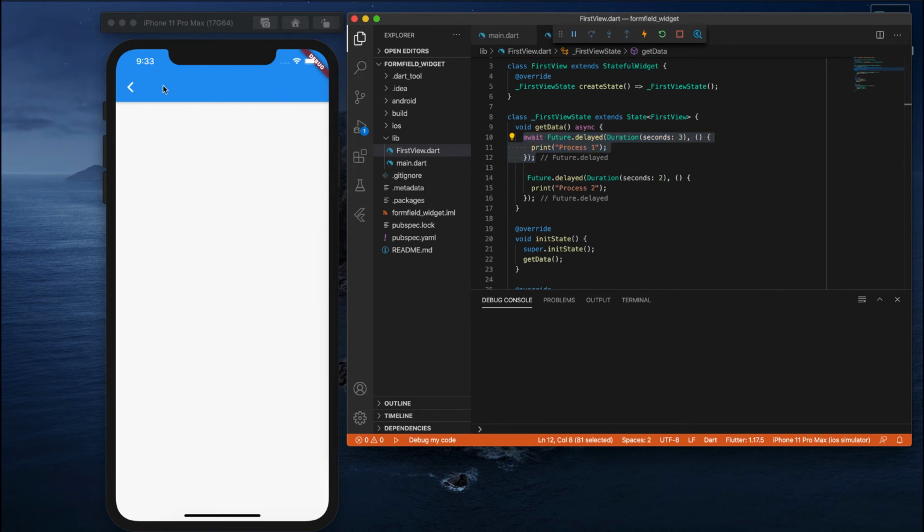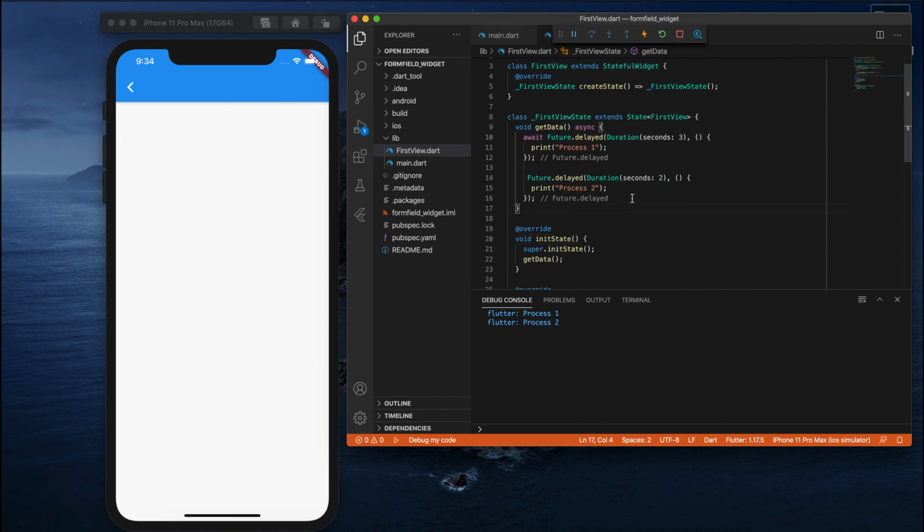We'll see how this runs. Go back here, and again if we come here, now process 1 is executed first, and after that process 2 is executed. This is how we write an asynchronous function here. The one best thing about an asynchronous function is that it will not block any of the rest of the code. So this is how asynchronous works. This is a very small example showing how we can work with asynchronous code.